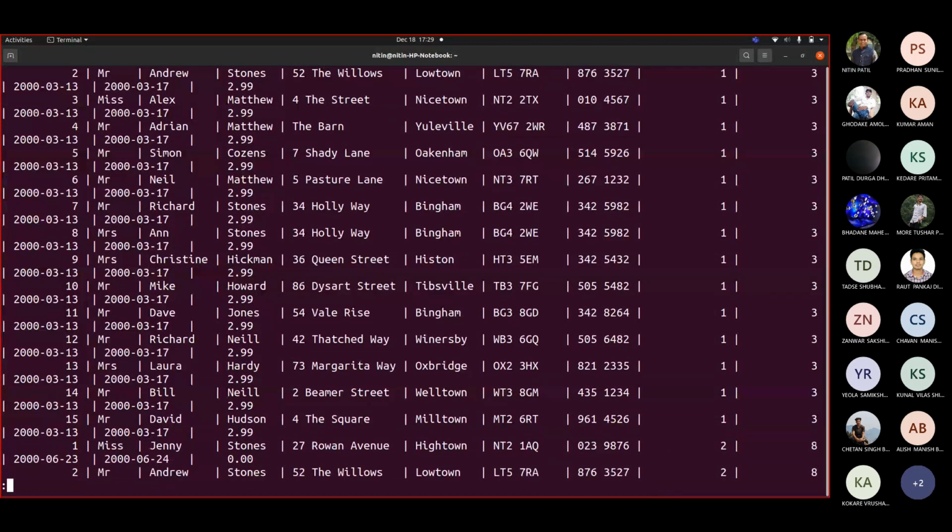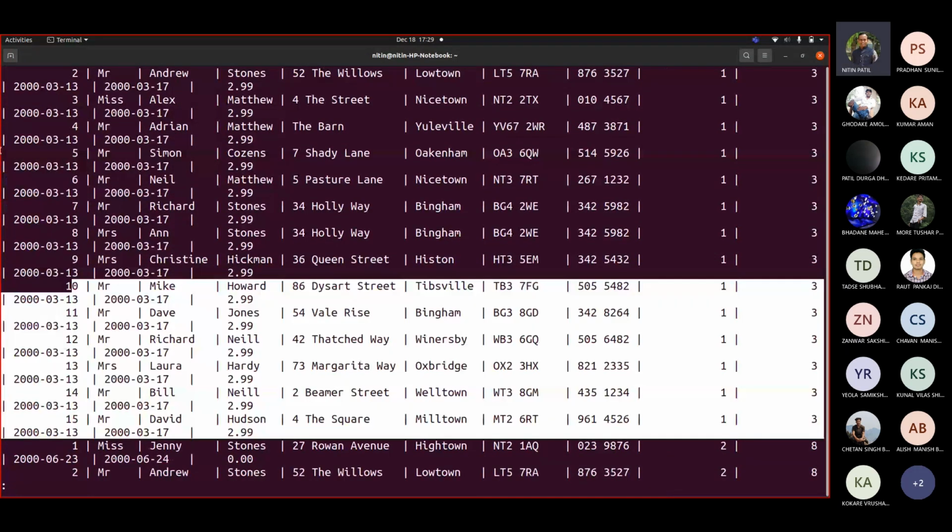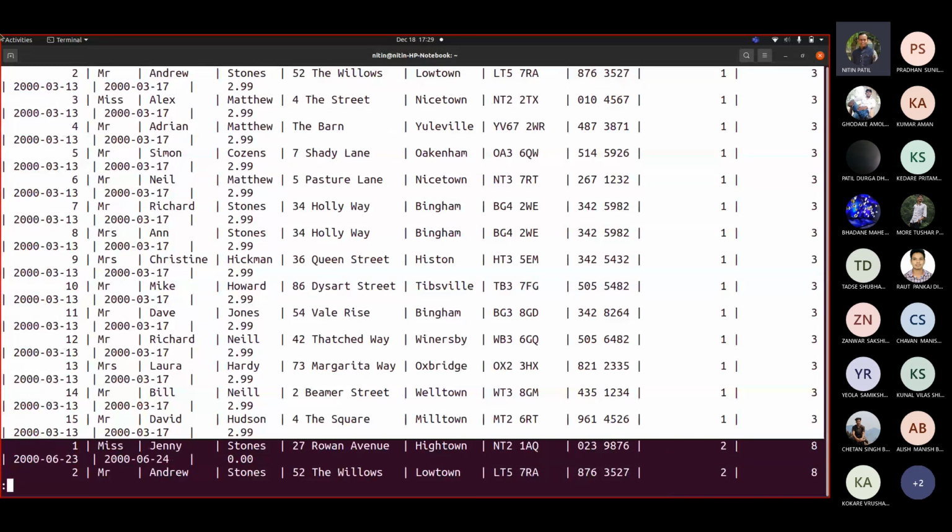If we go below, these are the 15 rows where your order info table record is repeated. So it is like what? In the first set you have 15 elements, in the second set you have say 5 elements. Each element you pick from the first set, comma, you take an element from the second set, the first element from the second set. Next would be the second element from the first set, first element from the second set. Third element from the first set, first element from the second set. So the first element from the second set was kept constant here.